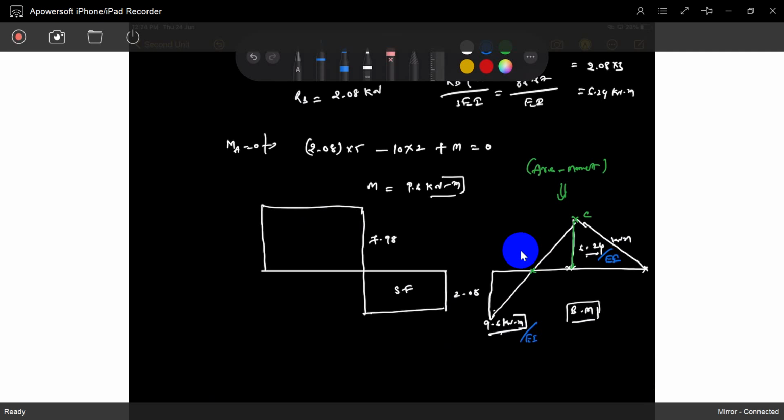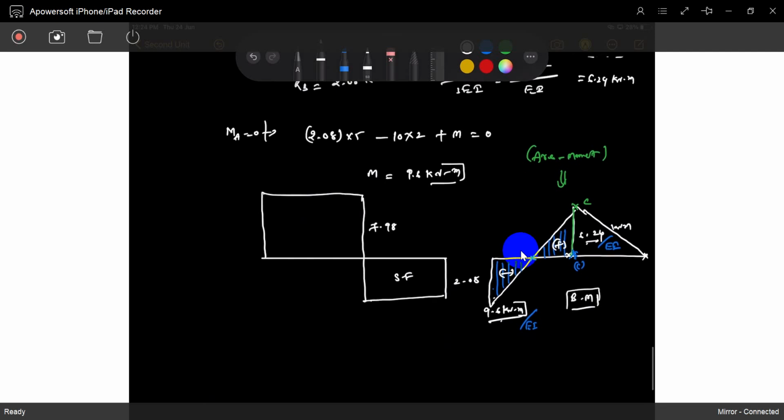So I wanted to find out the deflection at point C. So directly, what will go? The moment of these diagrams with respect to point C will give the deflection. Okay, that's it. And also see, one is positive, one is negative. Now, which one is positive, which one is negative? No need to fear. Take one thing positive, the other is negative. You choose it. This is taken as negative, this is taken as positive. No problem at all. You already know, take anything.